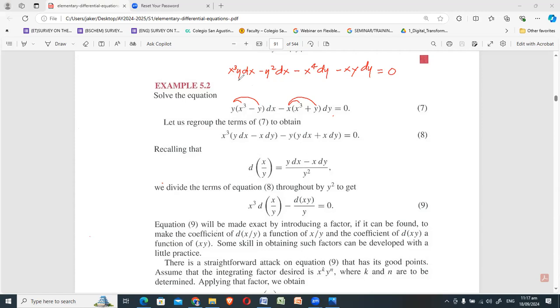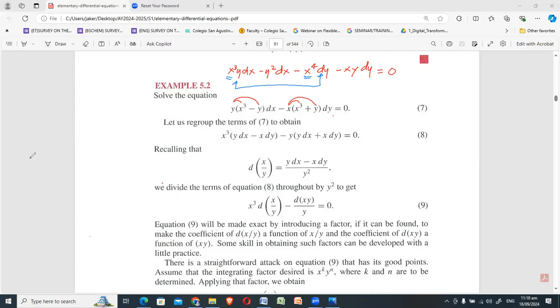In my case, if I'm a student, I have noticed that I have an x cubed here and I have an x to the fourth here. I have this y dx and I have this x dy if I will factor out the x cubed in both of these terms. It doesn't mean that if I see that likelihood of happening would be appropriate, that it will solve my DE right away. It's just my hunch that probably I can do it this way. So then, I'll try to have these two paired, okay?